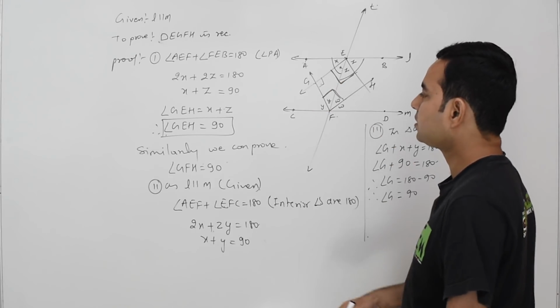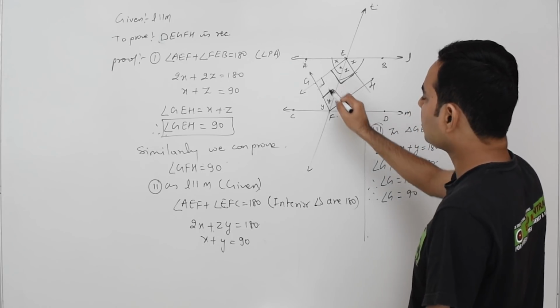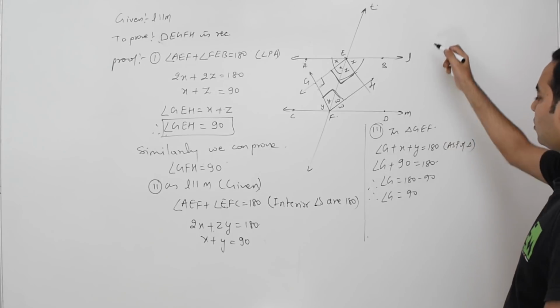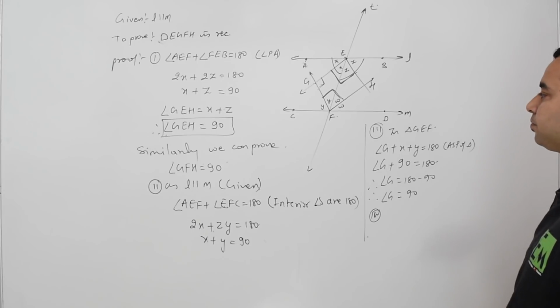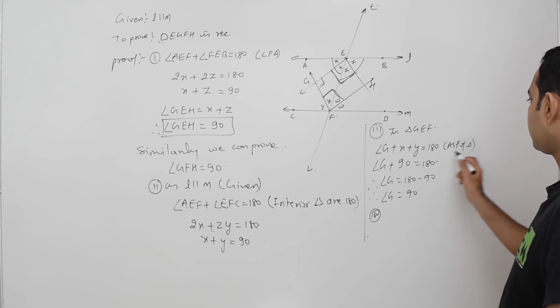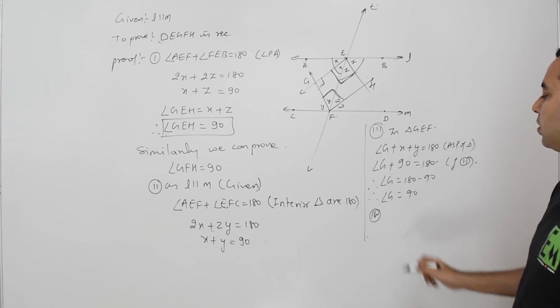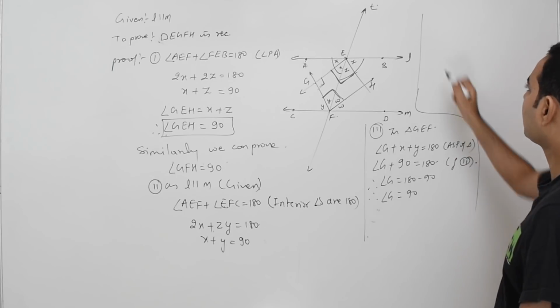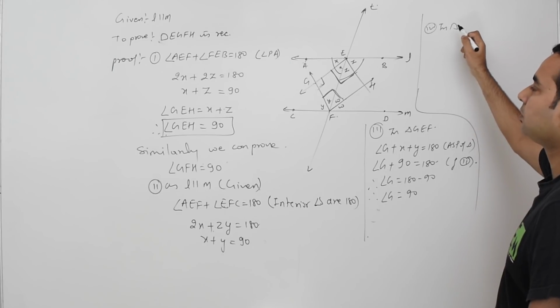Angle G is also 90. Now in this quadrilateral, three angles are 90 degrees, so automatically the fourth angle is 90. Therefore, in the fourth point we will write down, this was from 2. In the fourth point, we will write down here, in quadrilateral